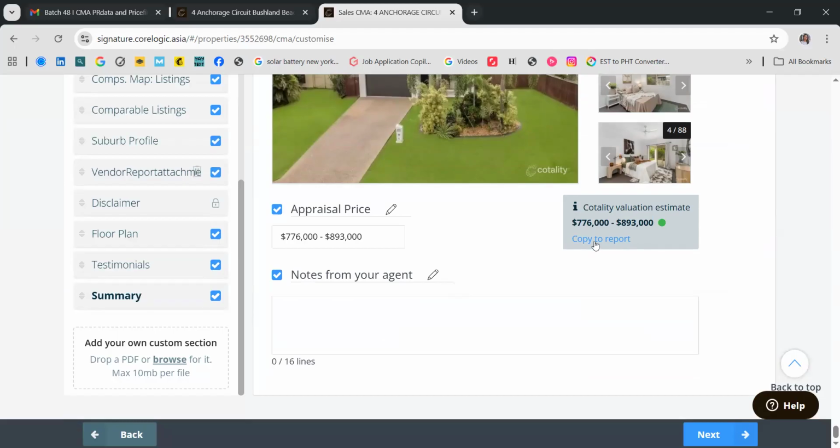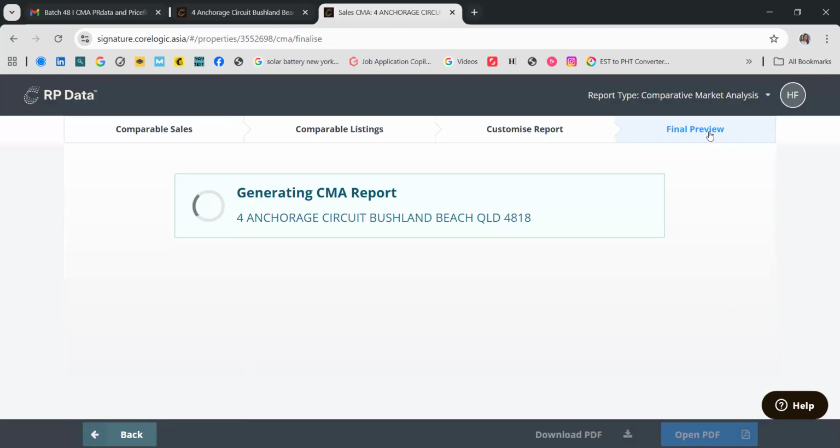Once you click this copy report, it will show the appraisal price here. Those are just estimated amounts. Now click next, and it will route to the final review.